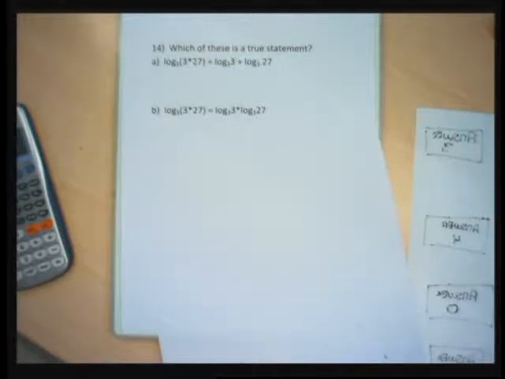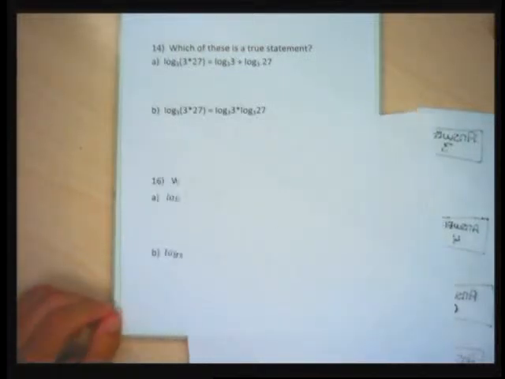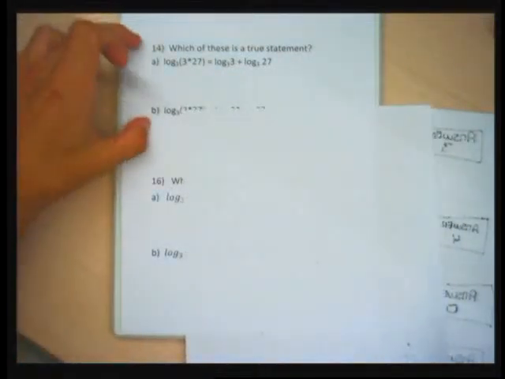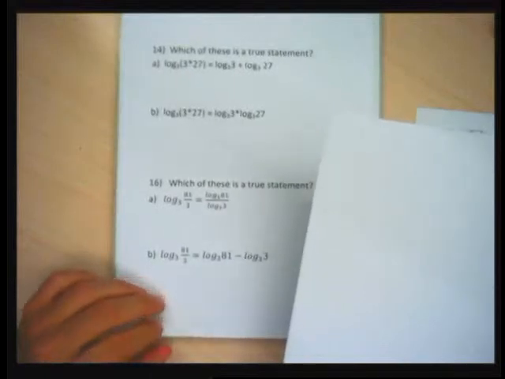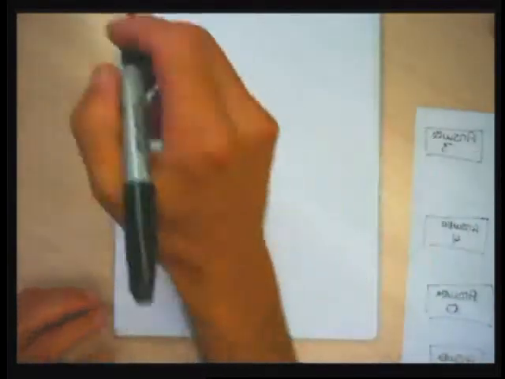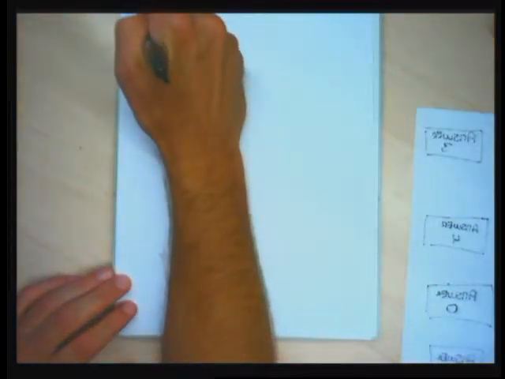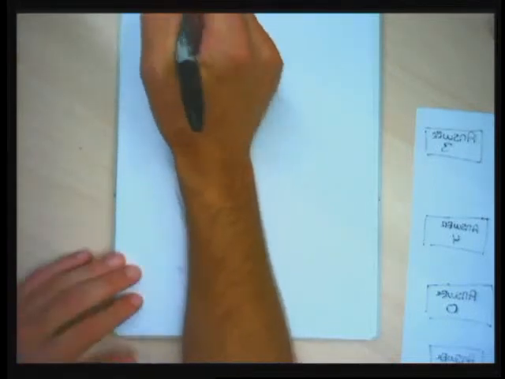The second style of problems, I'll lecture for a few minutes before I do 14, then a few more minutes before I do 16, and then a few minutes after that. Each one of these problems, 14, 16, and 18, illustrates a rule of logarithms. So basically, we're going to learn 3 rules of logarithms in this section, and they're bidirectional rules, meaning they work in 2 directions. So the first rule of logarithms that we're going to need to know for this section is,